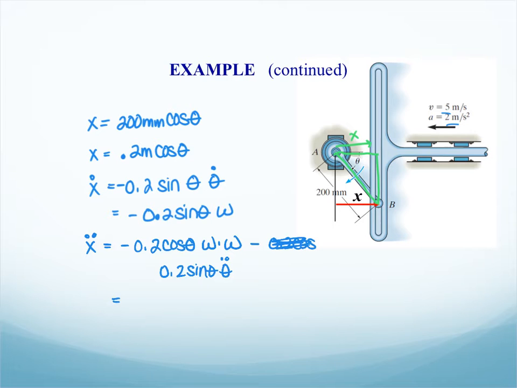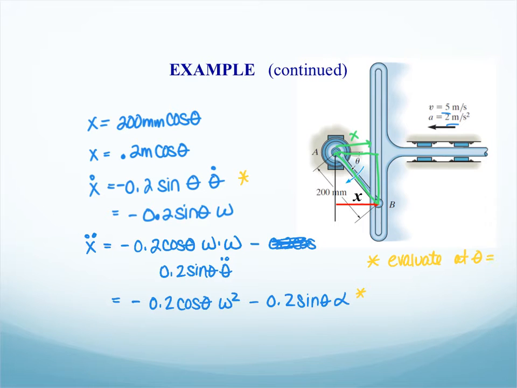So just clean that up a little bit. You got minus 0.2 cosine of theta times omega squared minus 0.2 sine of theta times alpha. Okay, so we have those two expressions. Now we're going to use this expression and this expression and evaluate